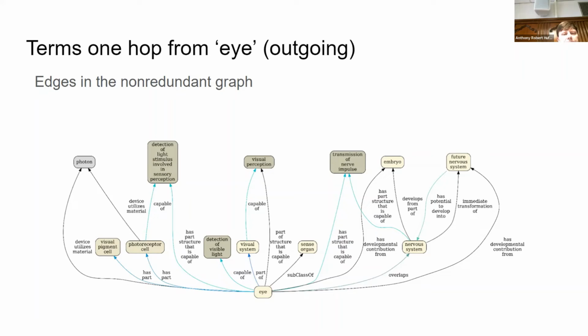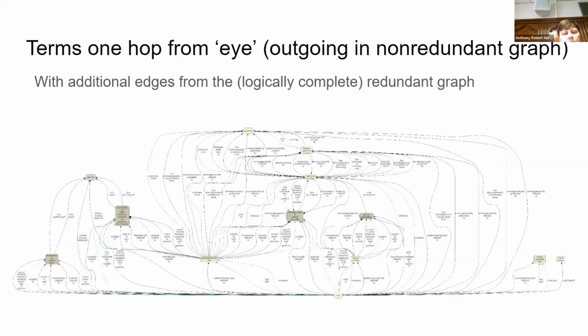So there are inferred relations here, but it's only kept the ones that are not redundant with some other class. And for all these same classes in this picture, this is just to show the difference. You can't really look at all this stuff, but these are all the edges that are in the full logically complete graph between those same concepts. If you had done a query of all the terms that are one hop from I in the redundant graph, it's something like 1,000 or 1,500 terms due to all the inferences that are stored.